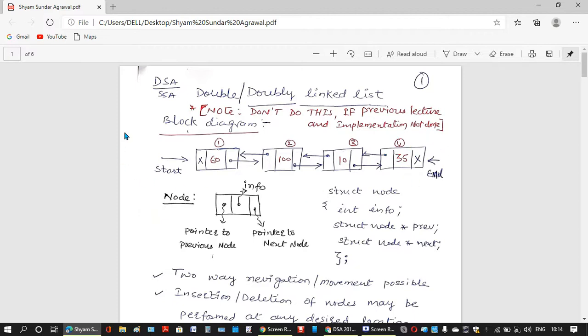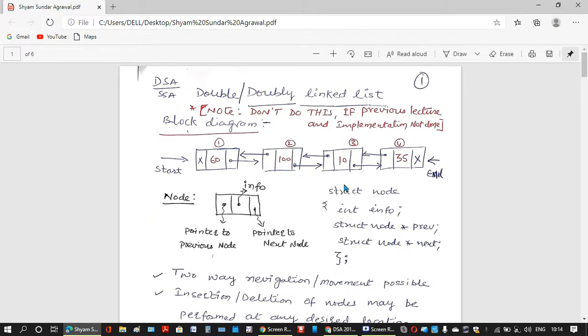See first the block diagram to understand what a doubly linked list is. See here, this is a node of a doubly linked list. This node has two pointer fields. In a singly linked list, there is only one pointer field and an information field. Here, there are three fields in total. Out of these, this is a pointer to the previous node, and this is a pointer to the next node. In a single linked list, each node points to its next node. But here, each node will point to the next and also the previous. And there is only one info part we are keeping here. These two pointers are compulsory. Info parts can be more than one also.